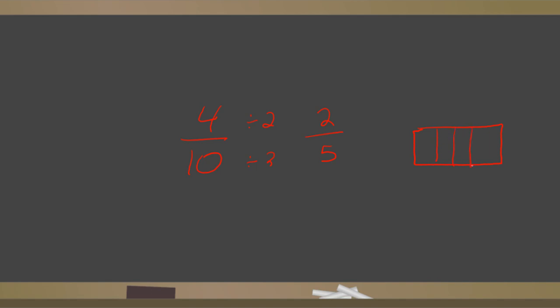Here I have 10, here I have 5. So I'm going to take this fraction and draw out 4/10. I'm going to do 1, 2, 3, 4. I'm going to take this one. I'm going to do 2/5. 1, 2. Now, if I look at these two fractions, they take up the same amount of area, which means